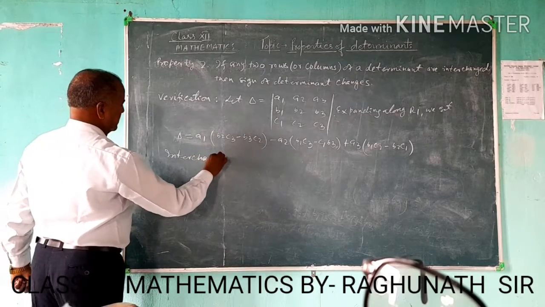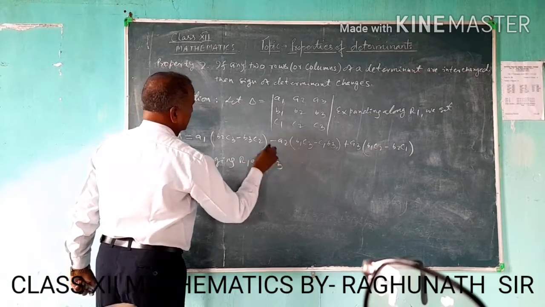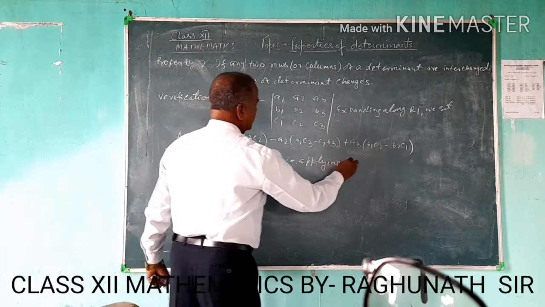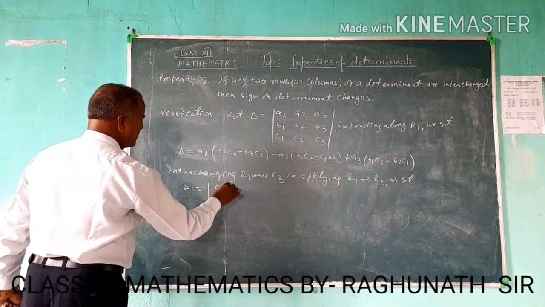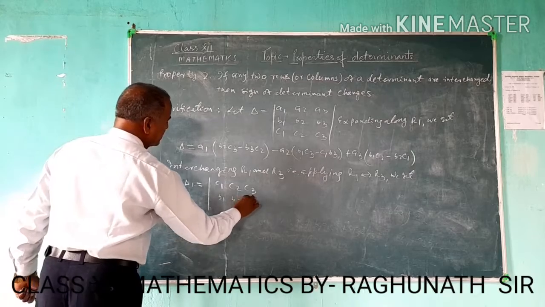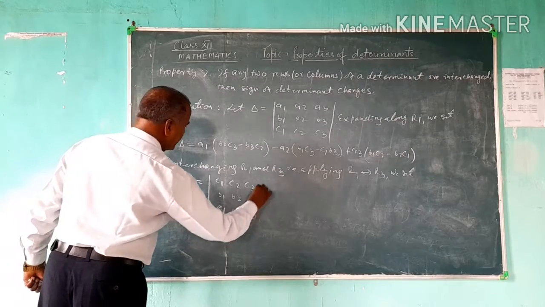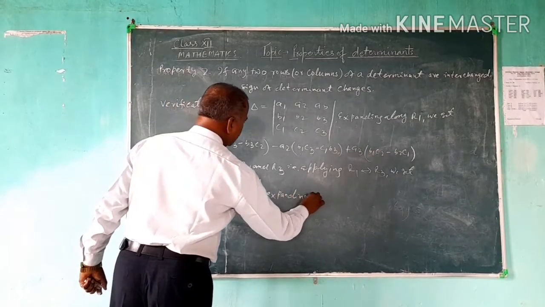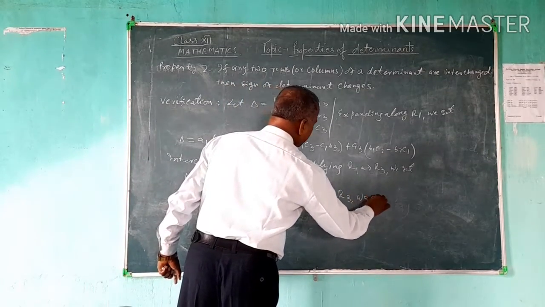Interchanging R1 and R3, that is, applying R1 C1 C2 C3, B1 B2 B3, A1 A2 A3, expanding along R3, we get